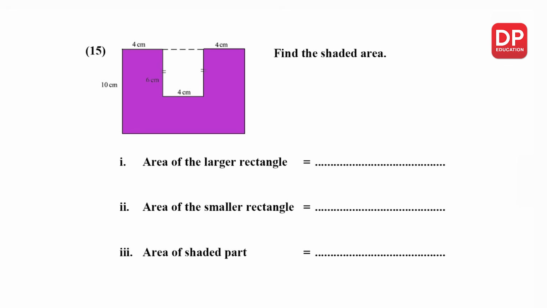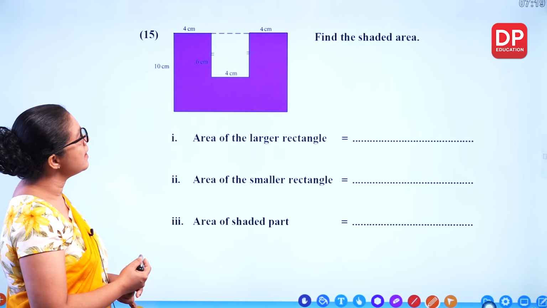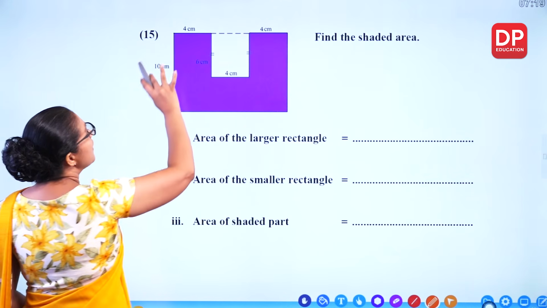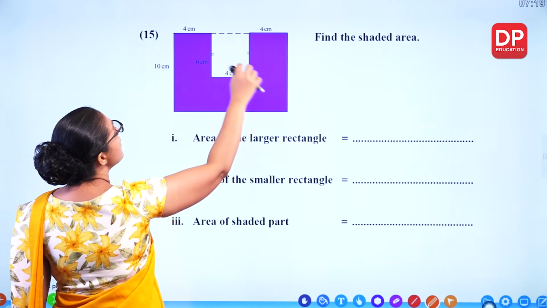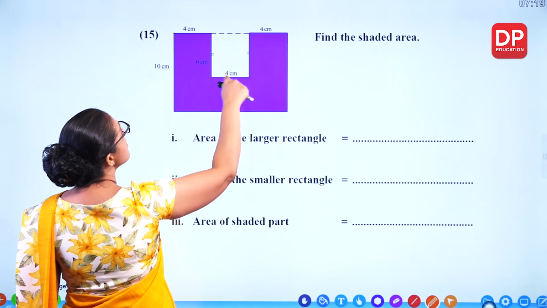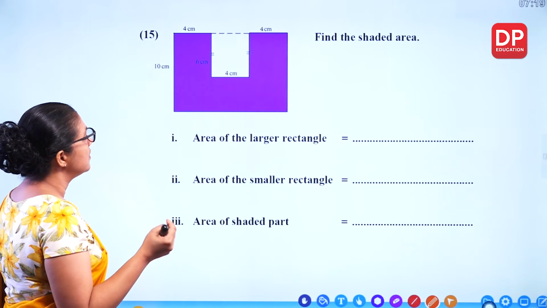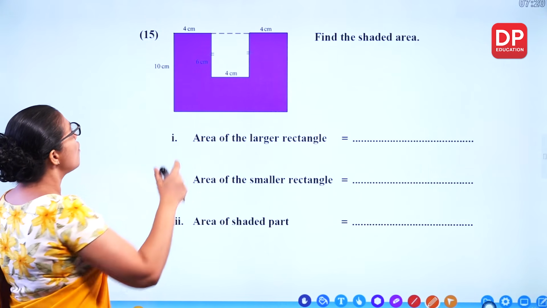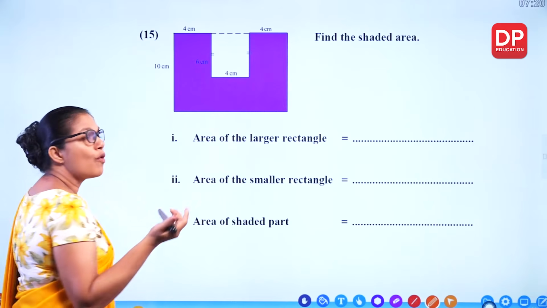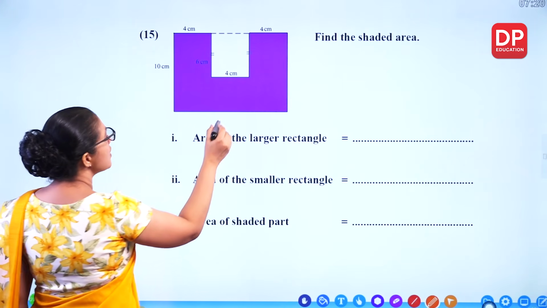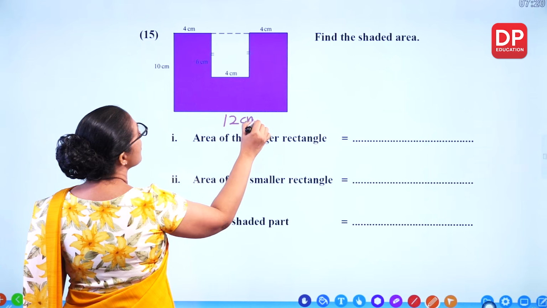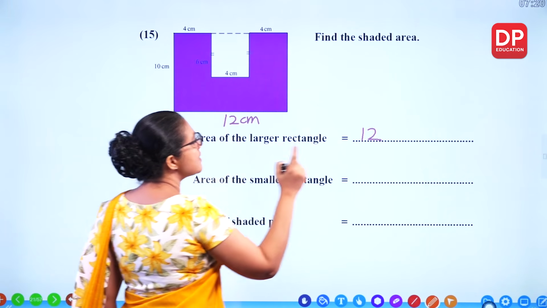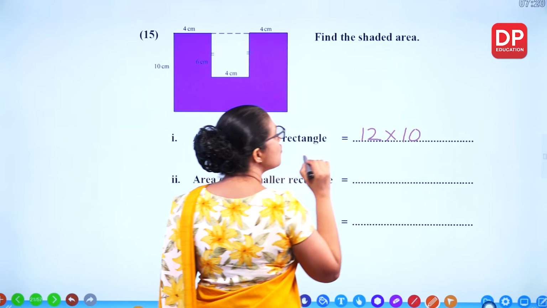Find the shaded area. How can we find the shaded area? So here you can assume that this is the big one area and you can subtract this rectangle. So larger area, what's the length? You have to find the length. 4, 4, 4. 4 plus 4 plus 4, you get 12. So length is 12 and breadth is 10. So the area is 12 times 10,